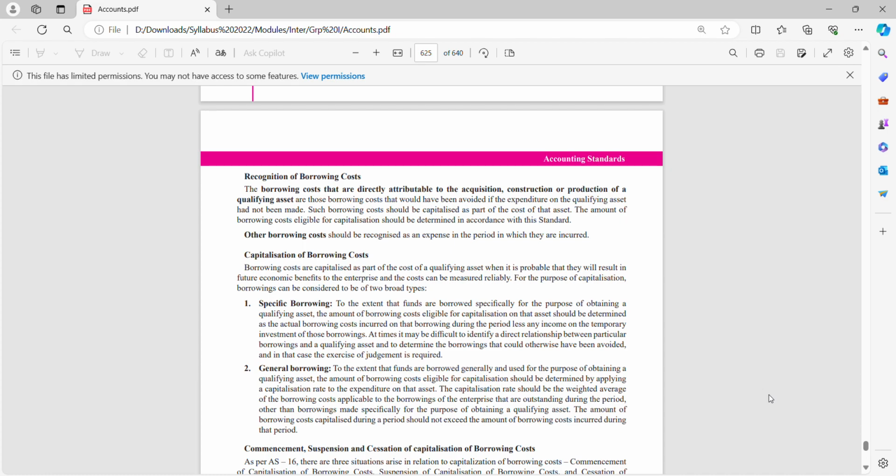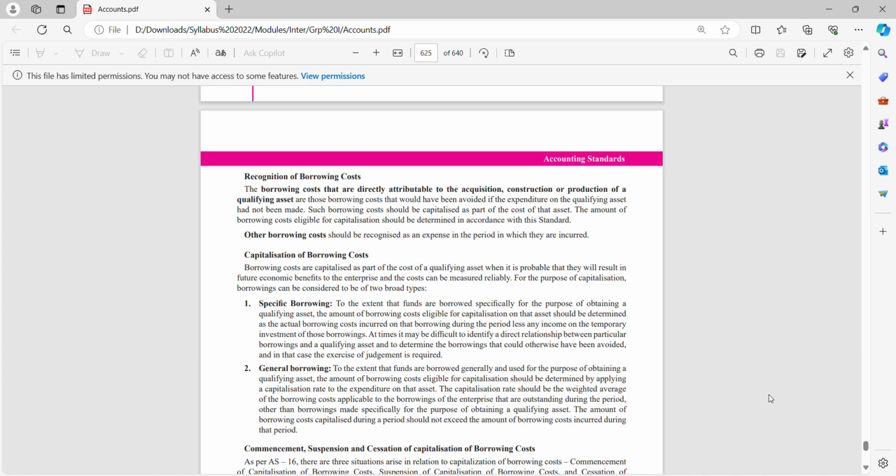One more thing, suppose there is a repair to machinery, and I did that repair. That was not annual maintenance. If it is annual maintenance, then I'll not capitalize. But the repair which I did enhanced the capacity of my machinery. So yes, that I'll capitalize. I'll add it back to the cost of my machinery. Now here the repairing was very huge, and for repairing I have taken a loan. Ten thousand is the interest amount. So that 10,000 I'll have to capitalize, I'll have to add back.